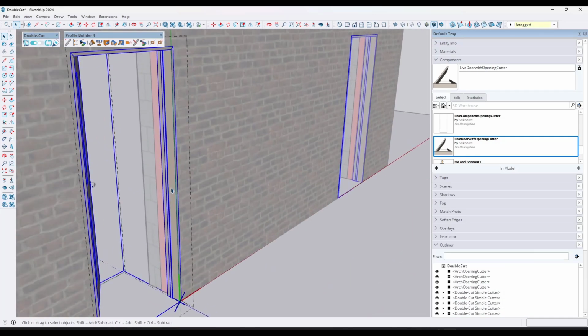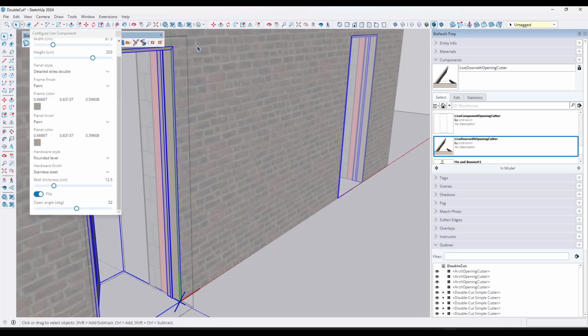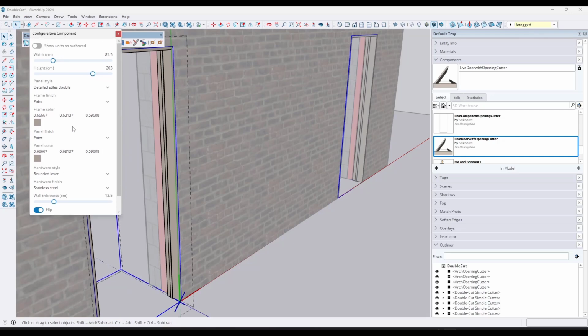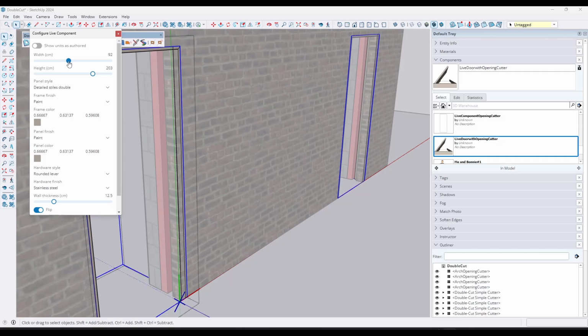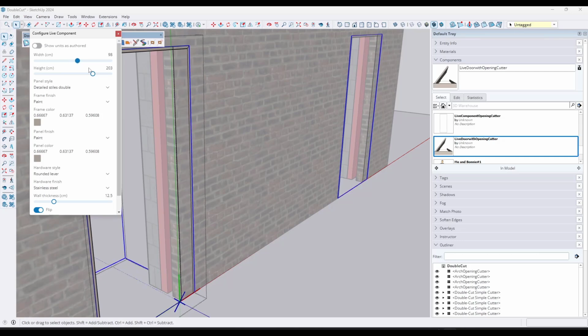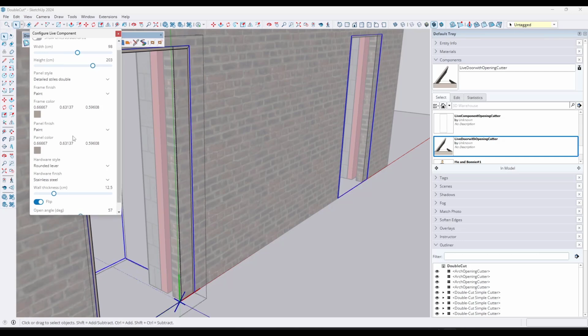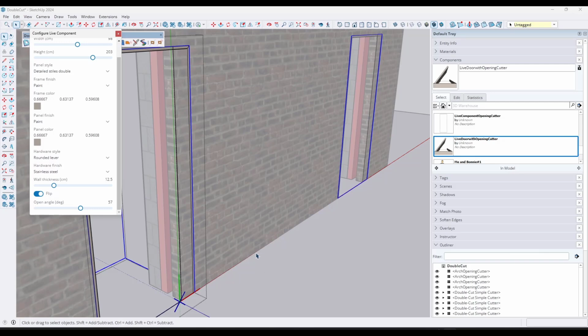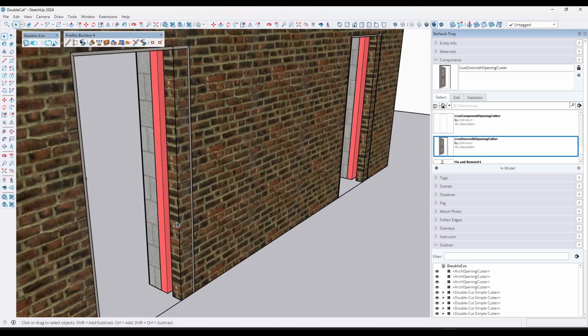That's got the cutter and it's got the live component, and I can adjust the live component. So for example, I can adjust the door, other things like that. I can adjust the panel color. However, if you come in here and you adjust the width, you make it wider like this. So if I make it 98 centimeters, notice how the other object is not going to adjust with